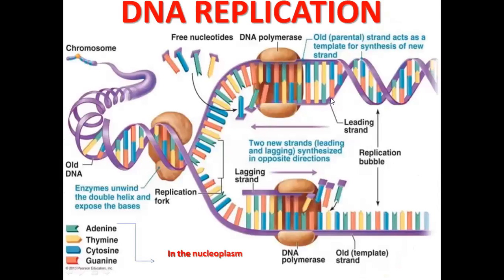Now this is the detailed diagram again. You can see here that was a schematic diagram. So here you can see both the strands are unwinding, and this is the Y-shaped fork, and this is the parental DNA. Now let us see the enzymes, where all the enzymes are. See, all the parental strands act as a template strand.